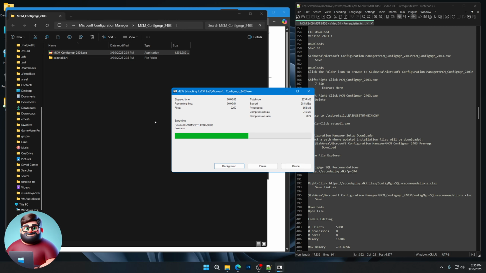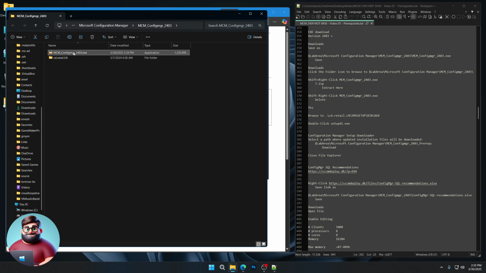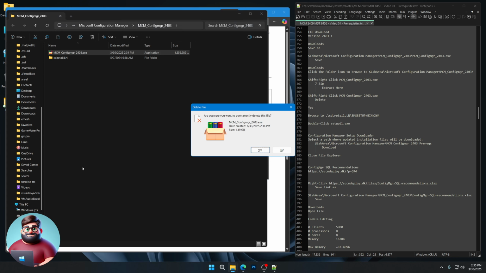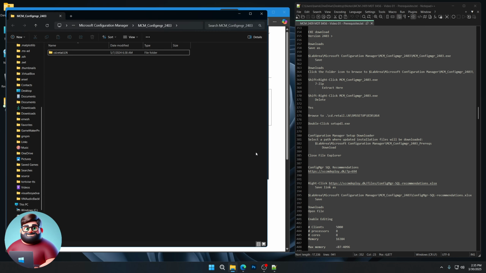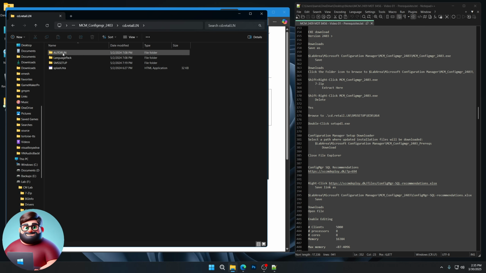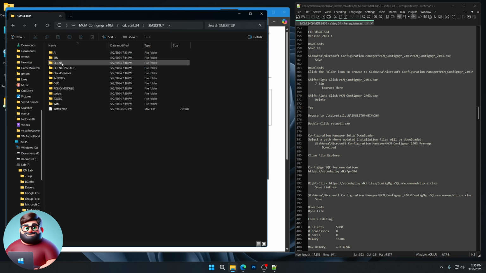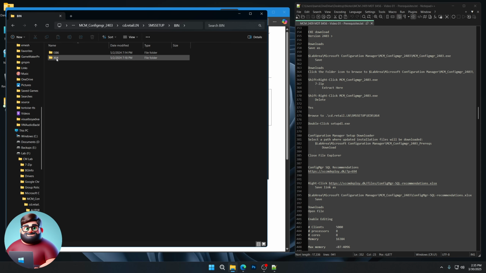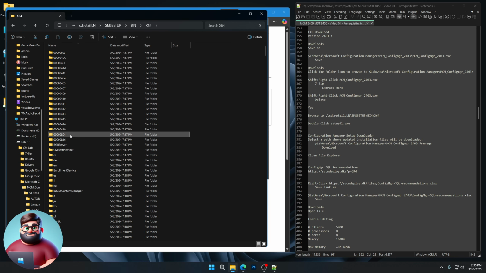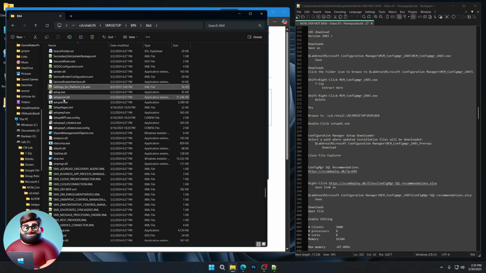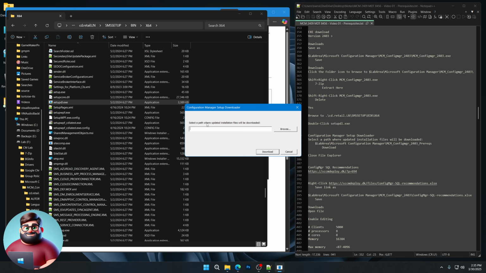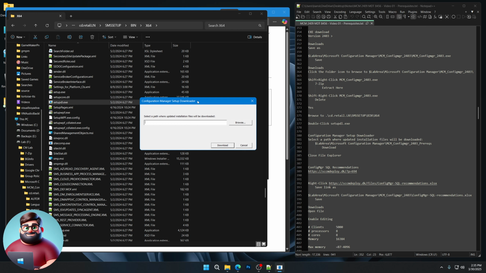Same thing, that's going to extract our newest cd.retail. Shift, delete. There we go. Okay, and now we're going to browse into cd retail and SMS setup, bin, the x64 folder. I'm going to type set, and that'll take us down to where the setup DLL file is. I'm going to double click on that, and this is going to make it so that we can download our